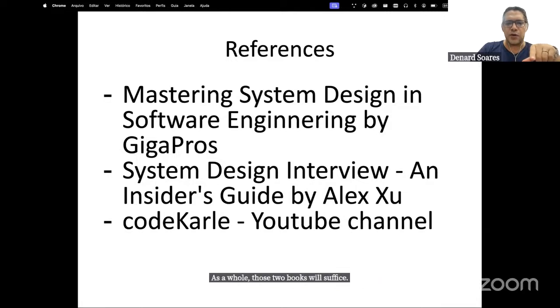And that code card is actually a YouTube channel. It has a drawback. The guy is Indian, so his accent is not very, but somewhat difficult to understand. But he has some pretty good material there. And I think, as a reference, that's worth mentioning.